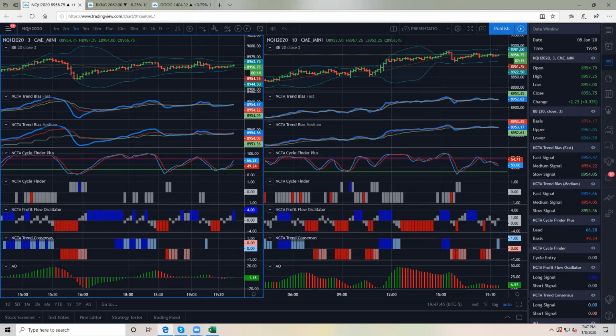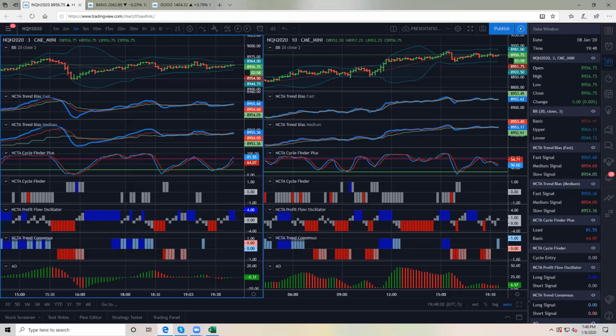Patel's asking, why are the NCT indicators not available on the TradingView mobile iPhone? There's no option to select the invite-only scripts. They are. I just looked at it. I saw your question earlier, and it's there. I mean, I can get to them very easily from my iPhone. I can see them. So maybe you can. I might be able to help with that one.